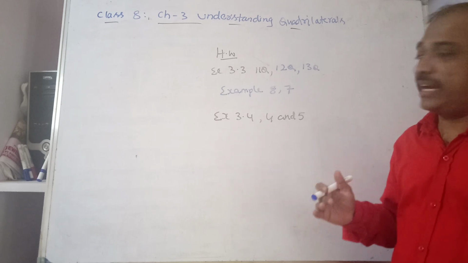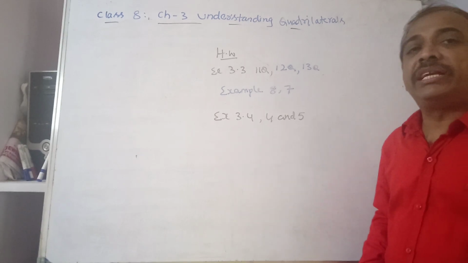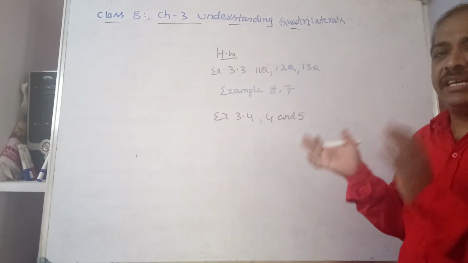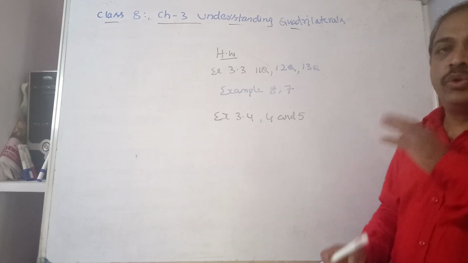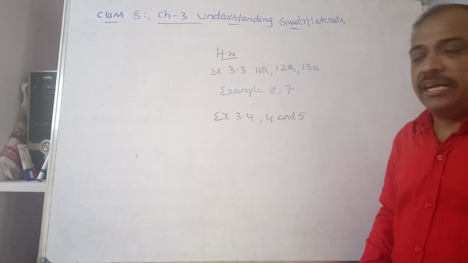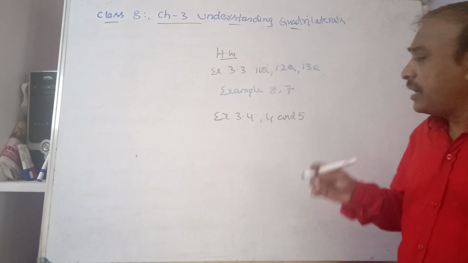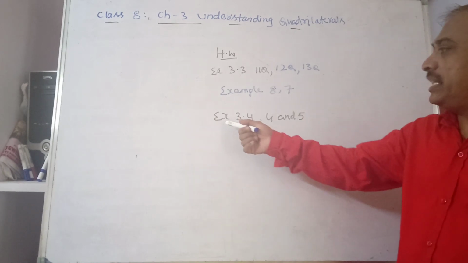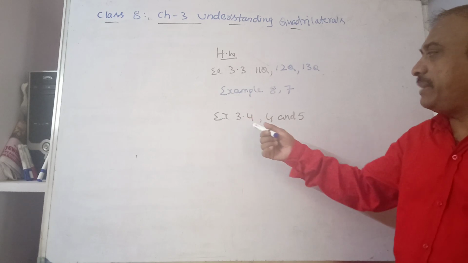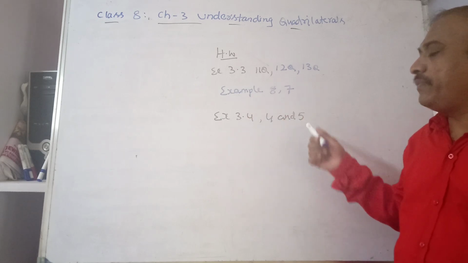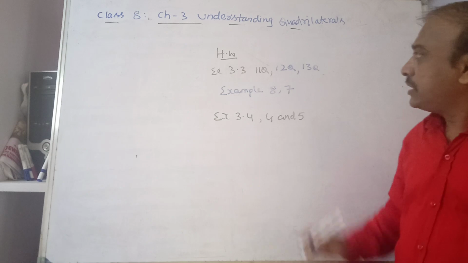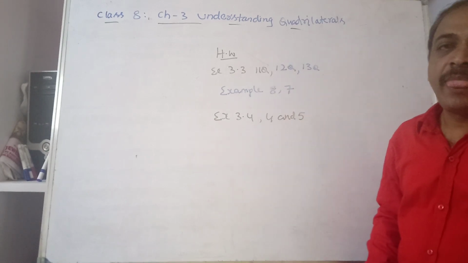The rest, the first, second and third, do it in the textbook, because they are asking about the properties. No need to do them again in the classwork. The first question, true or false, you can finish in the textbook itself. So in the classwork we require exercise 3.4, fourth question and fifth question to be finished. So this is about today's homework.